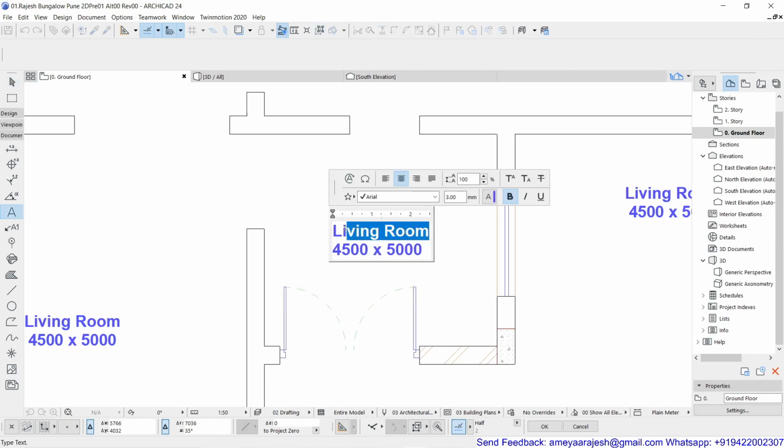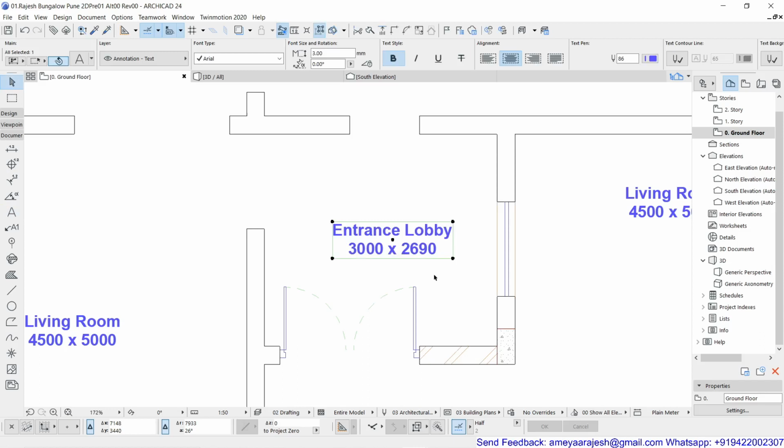For example, I'm going to rename this as entrance lobby, and the text which I want to type over here was 3 meter. So you can scroll only that much of area which you want to adjust, and that's it. Very simple. And type a new matter. So I guess it was 2690. I forgot this. So anyway, I'll click outside to finalize the text, and I'll recheck this.